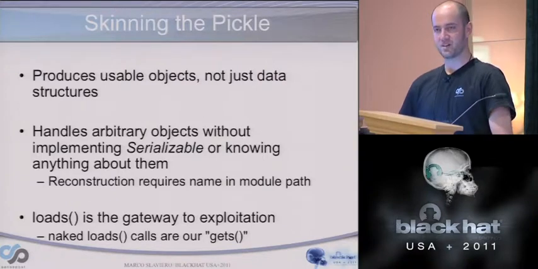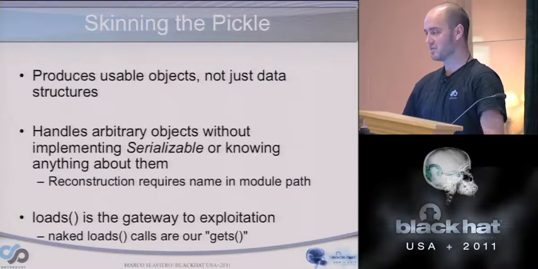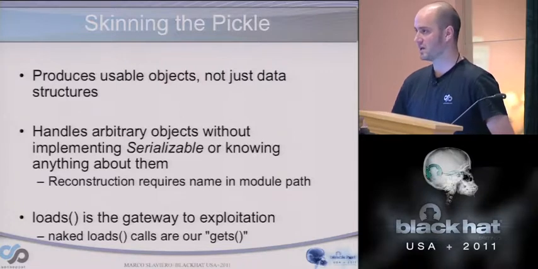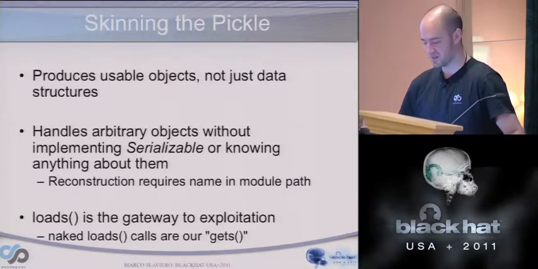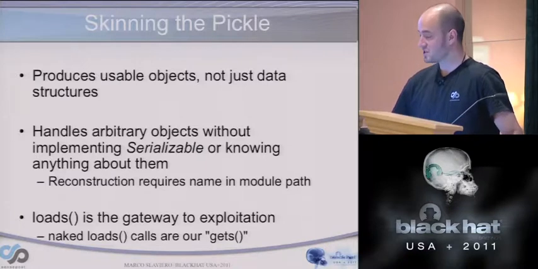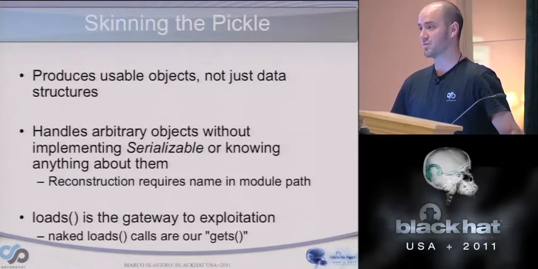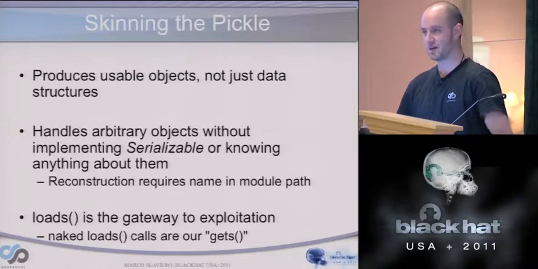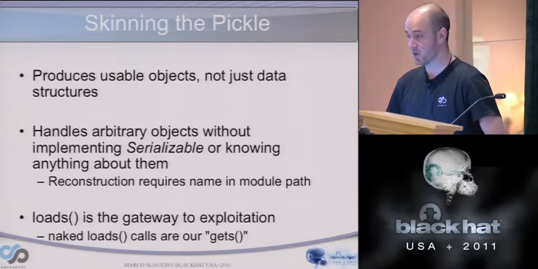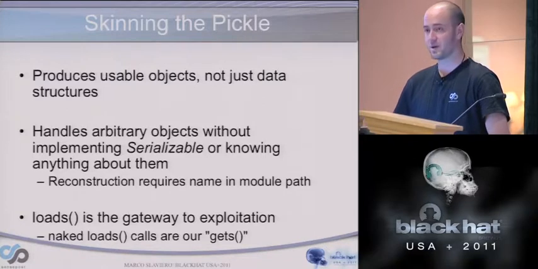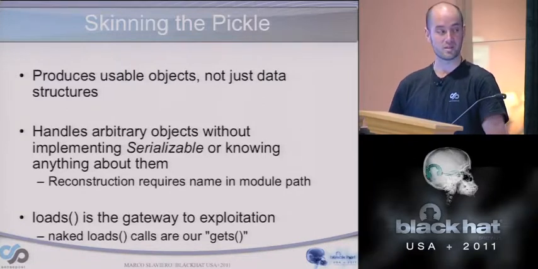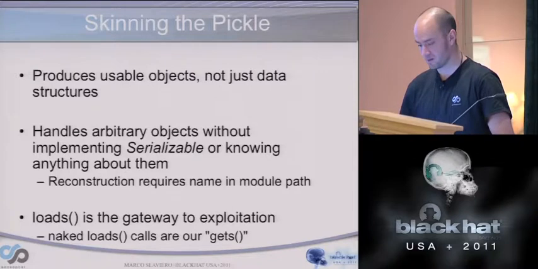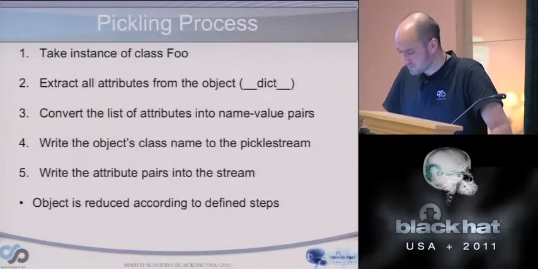We may have a get_s function which will blow past various items in memory in, say, a C program. But the way that you exploit it varies completely. So depending on the nature of the environment, the way you'd exploit get_s could change. And it's the same with load_s. So load_s is our vulnerable function in Pickle. What I aim to do here is explore the various ways that one can blow past Python and get shellcode